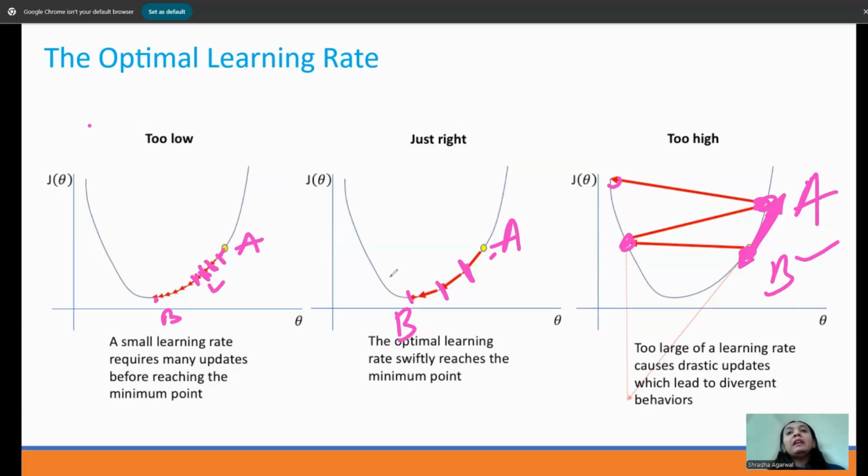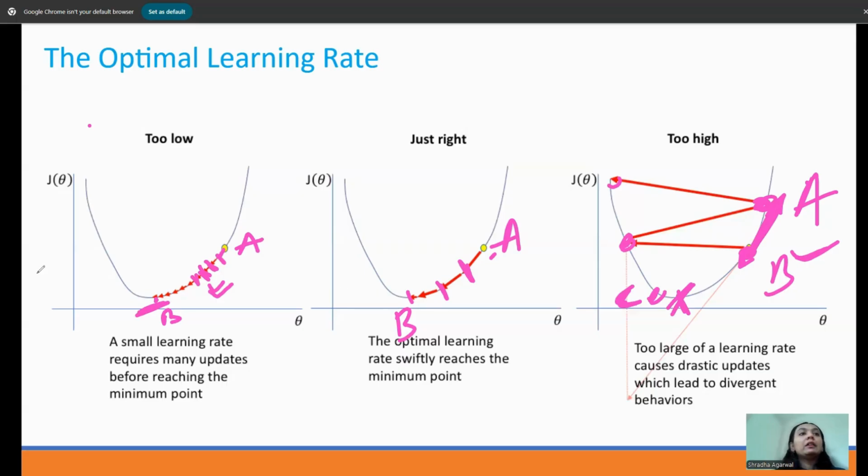The idea should be that we should be in between, because if we are too low like this, then we are too careful, and it needs very high computation to reach there. But too high, you will just miss your minima, because it will go like this, then the third point is here, the minima was somewhere here, and you miss the point, right? And then you have to be somewhere in the middle.